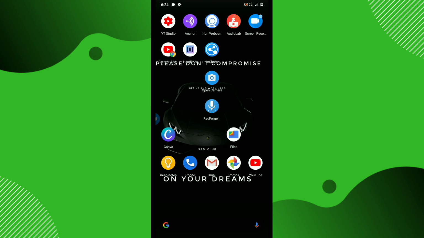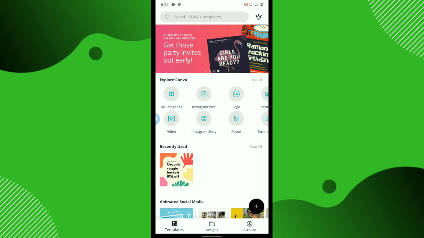Canva has templates. Templates make your life easier and help you design professional looking graphic designs in Canva.